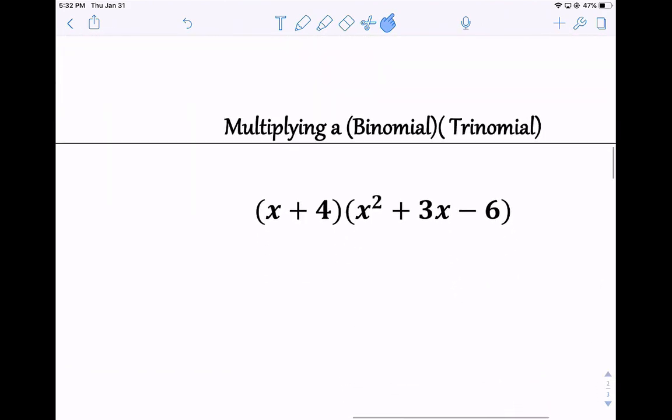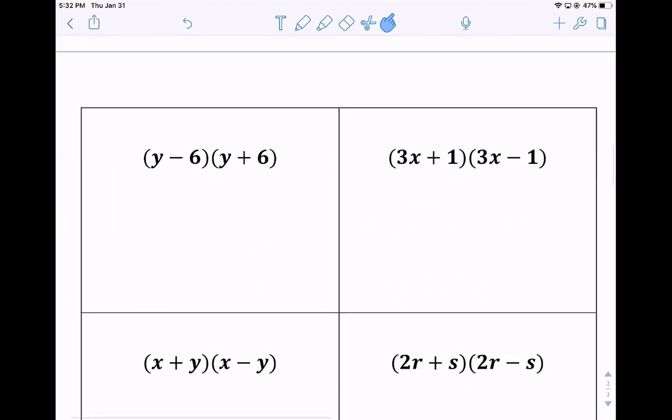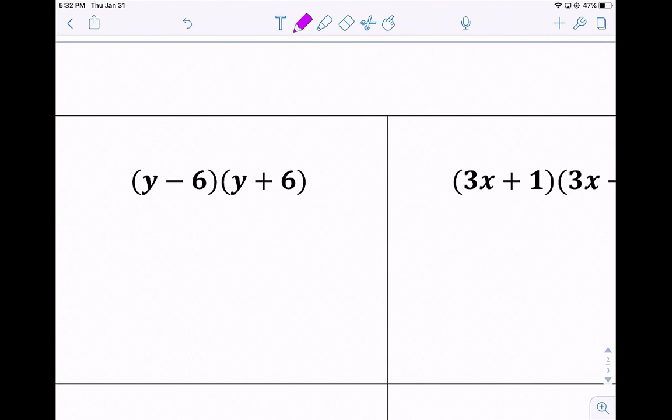Okay. So on the next page, now we have a couple of special case ones that we want to start recognizing patterns for, because these are on your reference chart for the EOC. So really important that you know what those special patterns are, so we can actually make that formula chart or reference chart valuable. So you should notice that we have